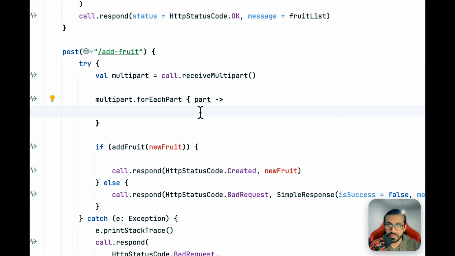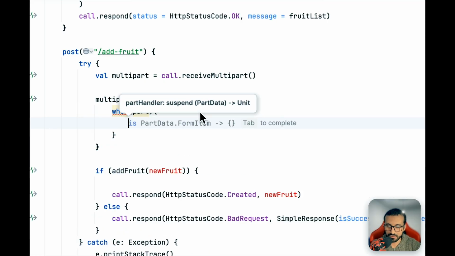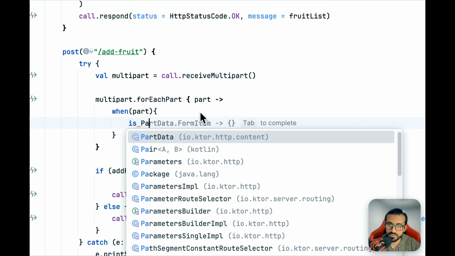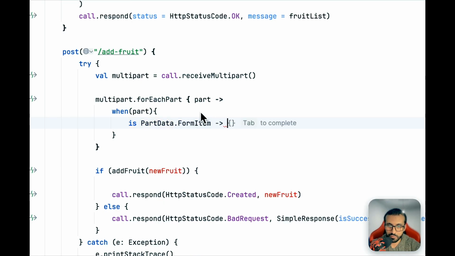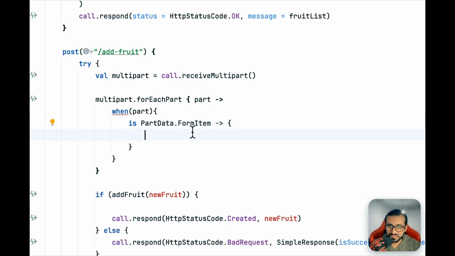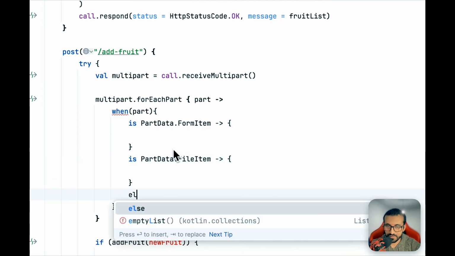But depending on whether the part is a form field or a file, we are going to do two different things. So for convenience here, let's use the when statement and pass the part here. And here we can say is PartData.FormItem. Let's start with the form item first, and then the file item, and then else